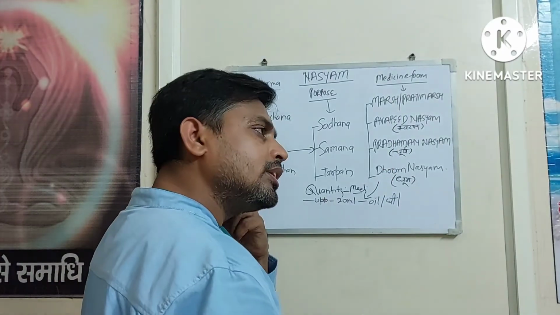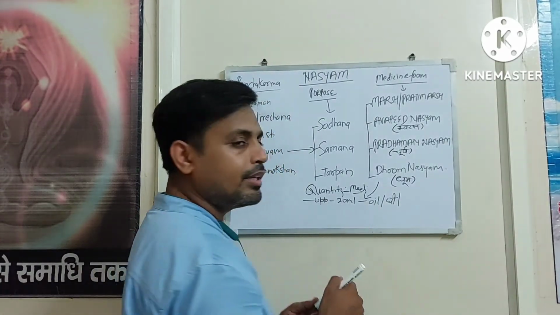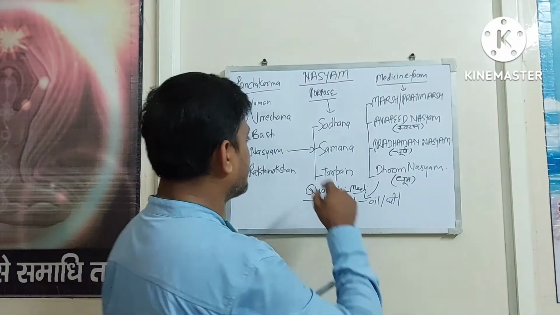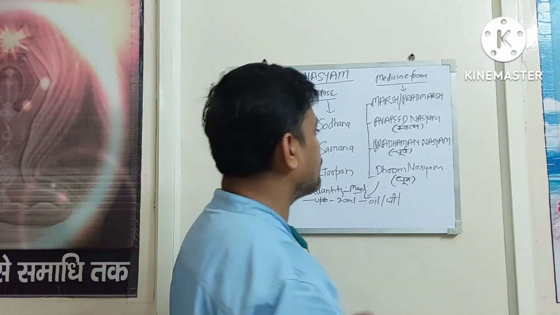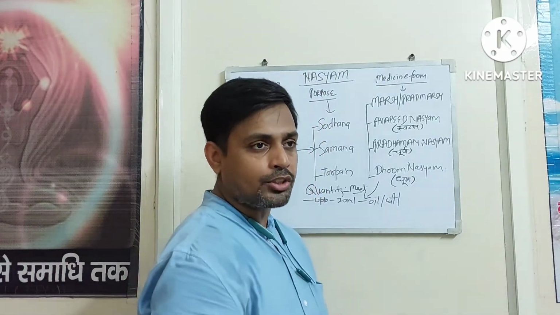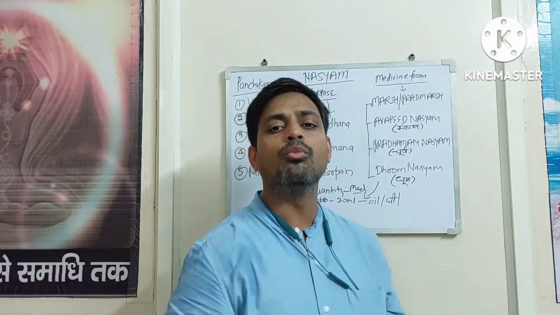So for Tiksha Nasya, the quantity of medicine, the oil or ghee, can be used up to 20 ml. If it is not the Tikshna variety, it is not the Sodhana variety. So quantity also matters. It also depends on the Tikshnata or Mriduta. If the medicine is very hard and strong, then you have to use a small quantity. If it is soft and bearable, then you can use more quantity.